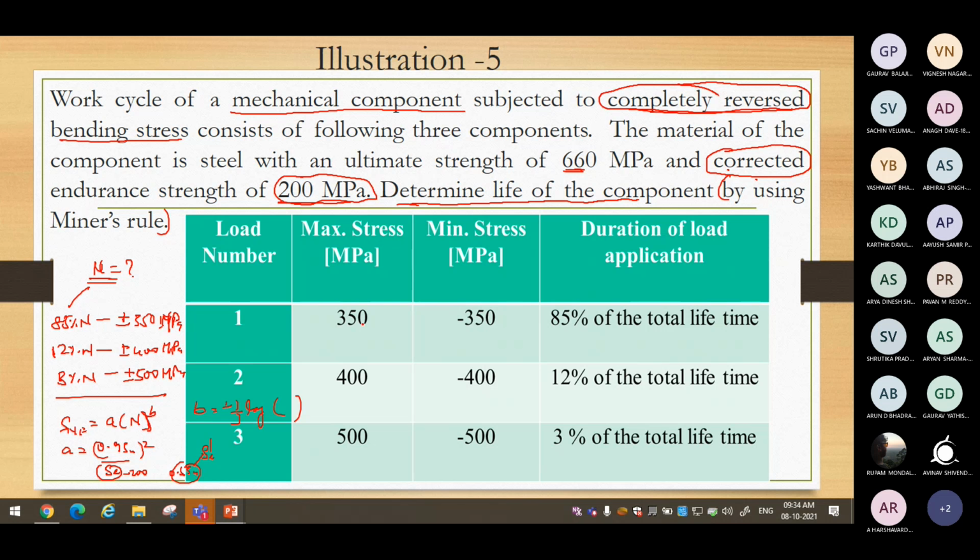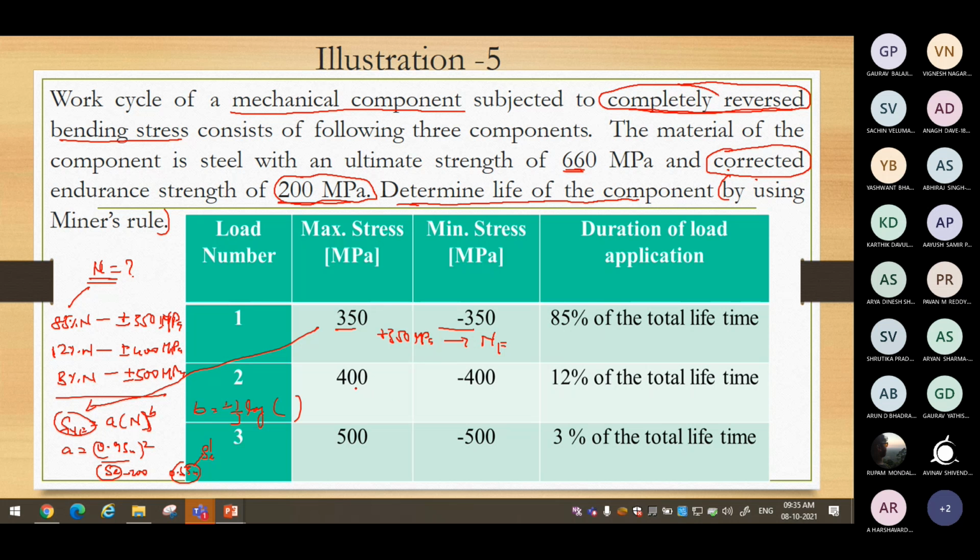Okay. So what you know now, you are applying a load of 350 MPa. In this Basquin equation, apply 350 and see, if you apply plus or minus 350 MPa stress alone over the component, then what is the number of cycles to failure? NF. Number of cycles to failure, total number of cycles to failure.